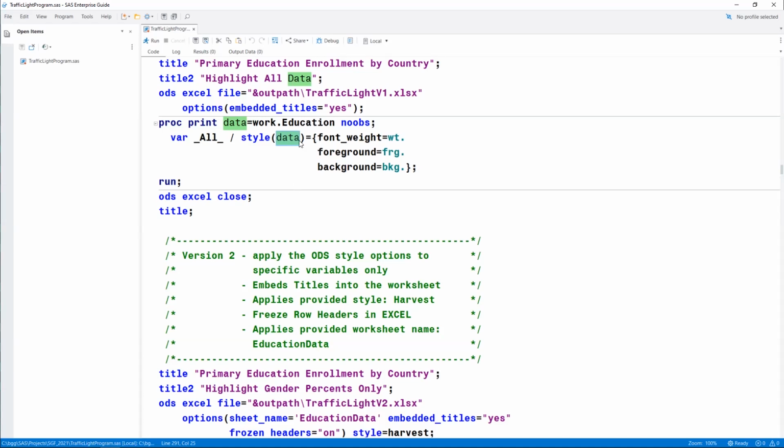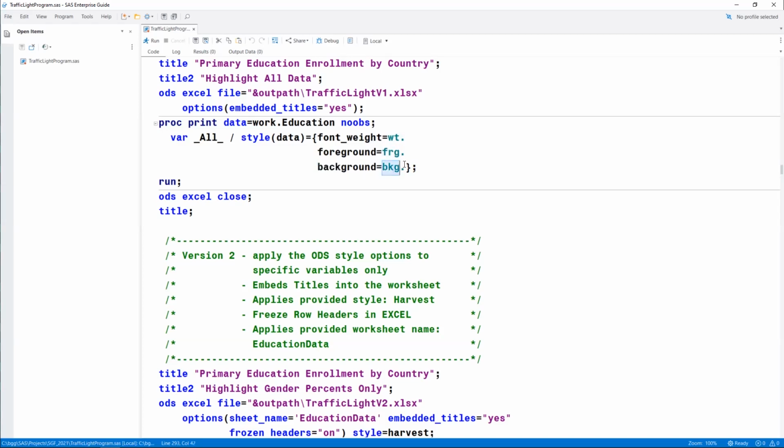The syntax says, all right, for the data, I want to apply these different style attributes. So after that equal sign, we see here we use the style option font_weight, and we're going to use our weight format. For the foreground font, we're going to use my other format, describing the different foreground fonts I want, and then the same for the background colors.